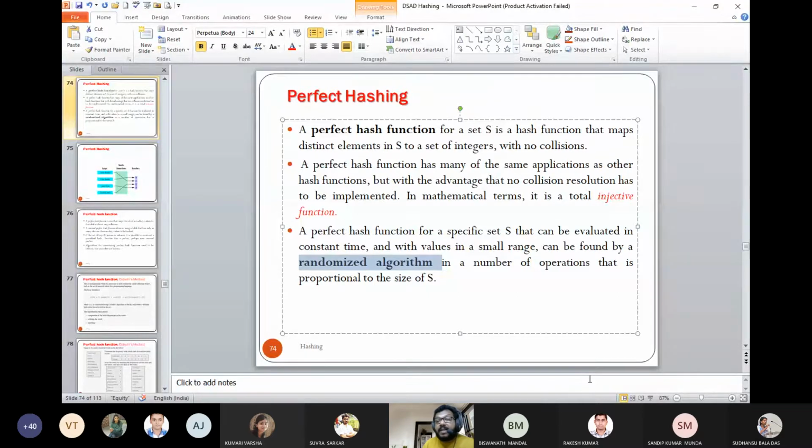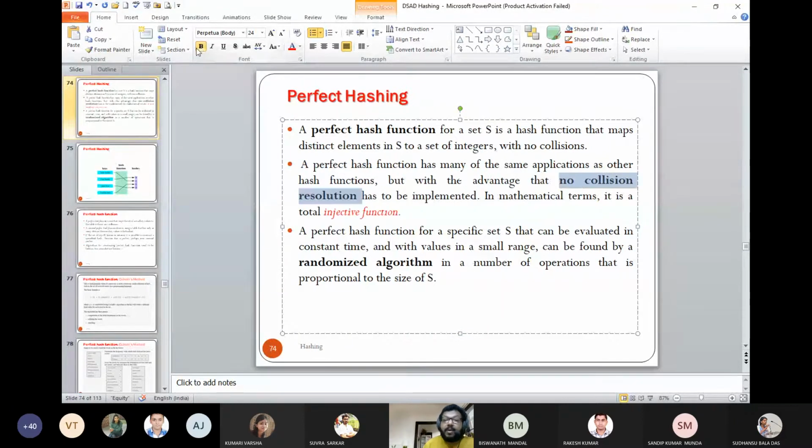A perfect hash function has many of the same applications as other hash functions, but with the advantage that no collision is the objective, so the implementation is without collision. It has to be implemented in mathematical terms. It is an injective function. If you look at classical mathematical terms, that means it is not going to map into different locations.